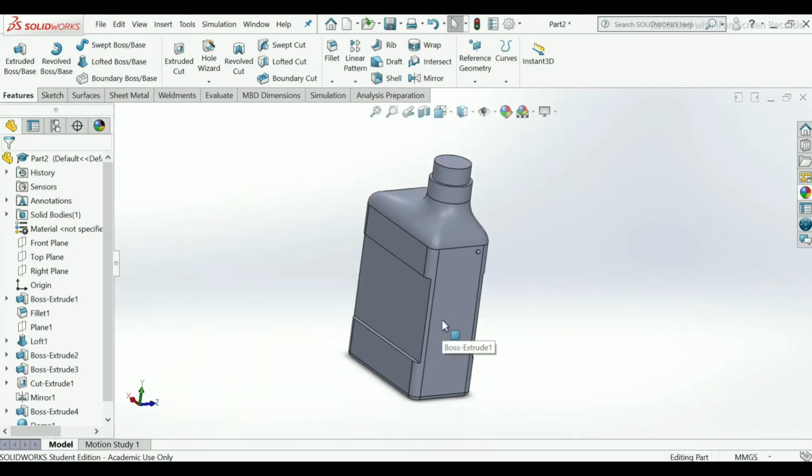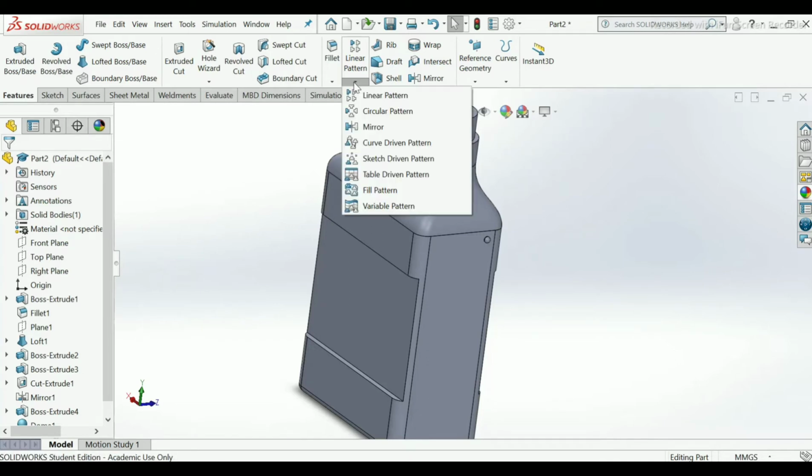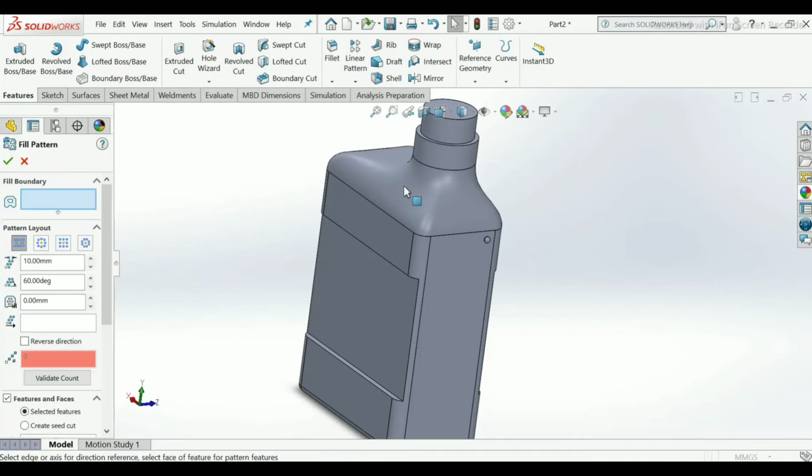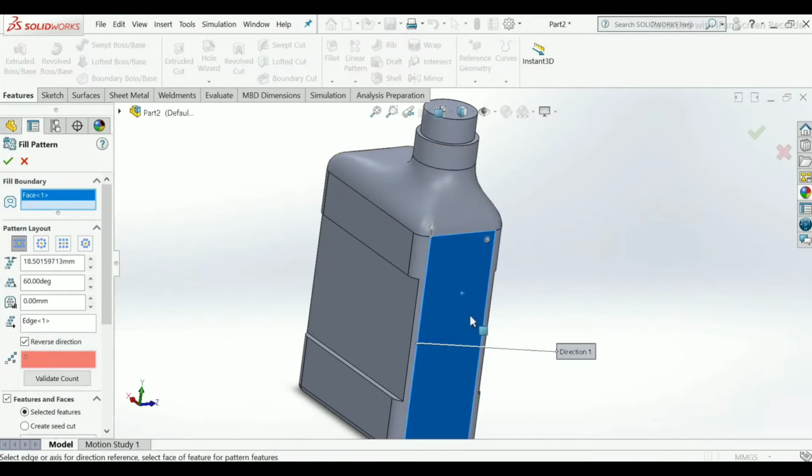We have to fill this face. So to fill this face I will use fill pattern. Use this fill pattern to fill this boundary, use select face, and the pattern layout will be perforation as I have shown.